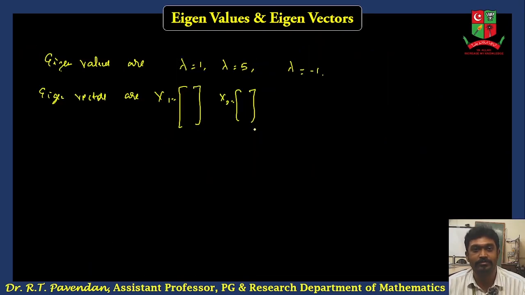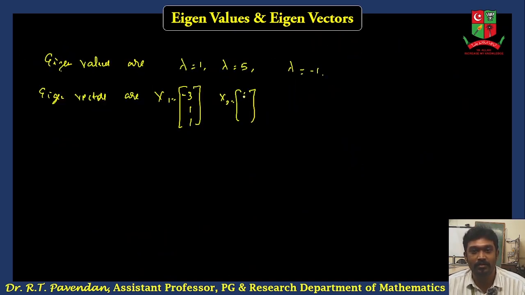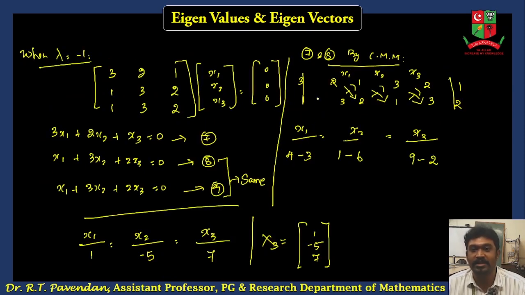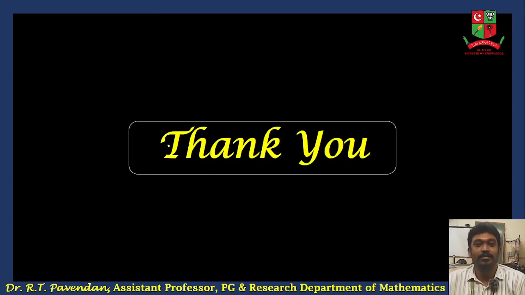Minus 3, 1, 1. x2 is all ones, 1, 1, 1. And for x3 it is 1, minus 5, 7. So we have found the eigenvectors for the corresponding eigenvalues, which we found in the